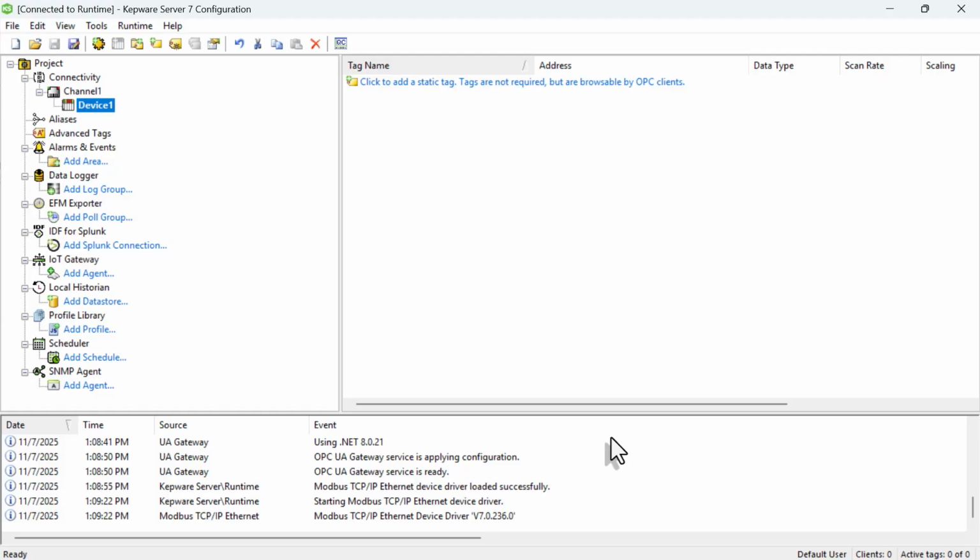The final step is to add tags. Tags provide the addressing details needed to read data points from the device. There are a few ways to do this. The first way is to manually add a tag by giving it a name within Kepware and associating it with